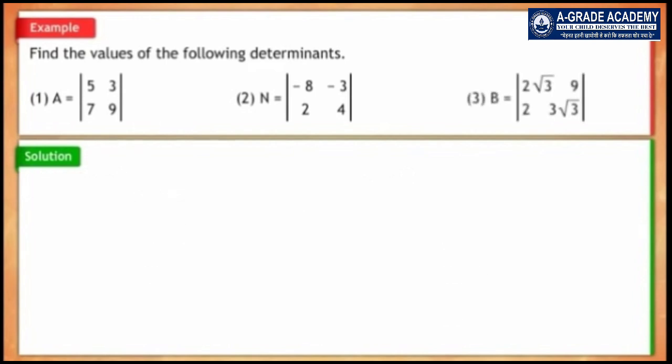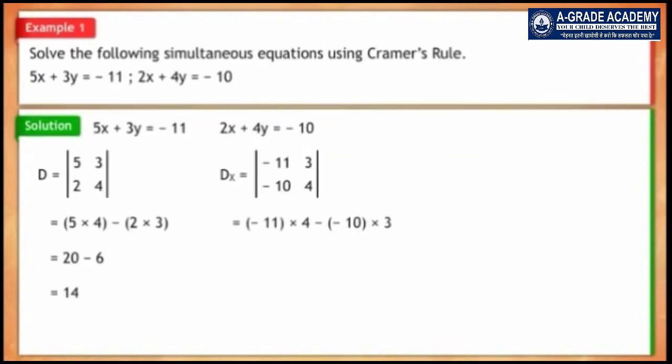3. Determinant B is equal to 2 square root 3, 9, 2, 3 square root 3. Solution: determinant B is equal to 2 square root 3, 9, 2, minus 10 in brackets into 3, which is